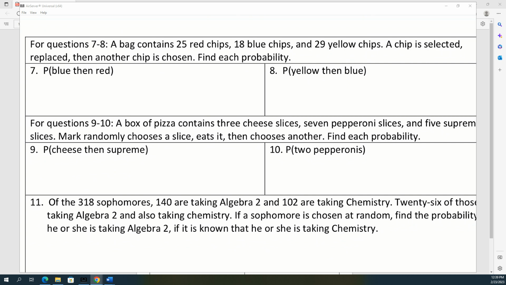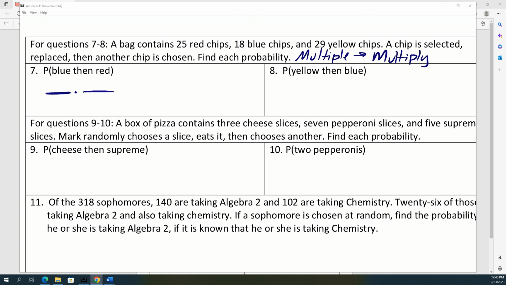So how many chips are being selected? 2 chips. So each one is selecting a chip. So multiple chips is going to mean to multiply. All right, so we want the probability that he selects a blue, puts it back in, and then selects a